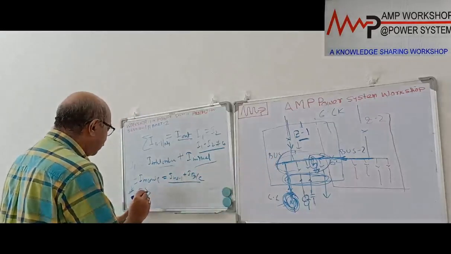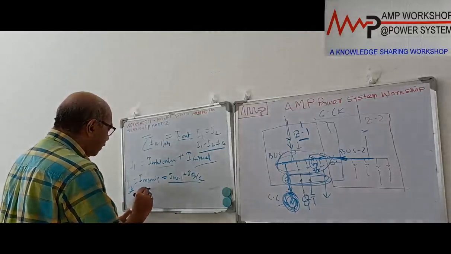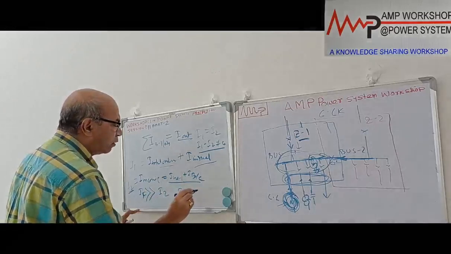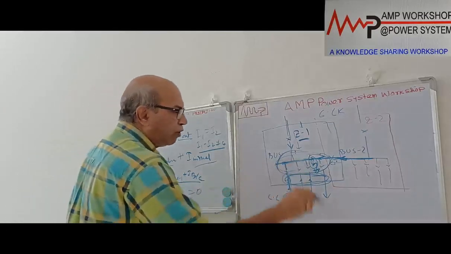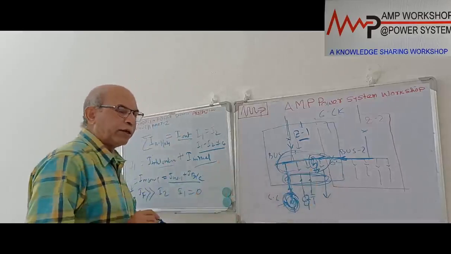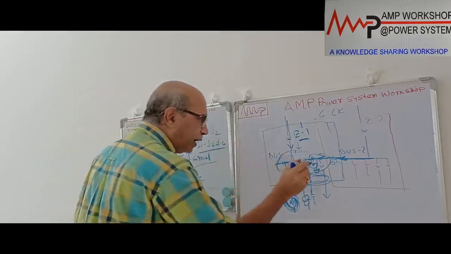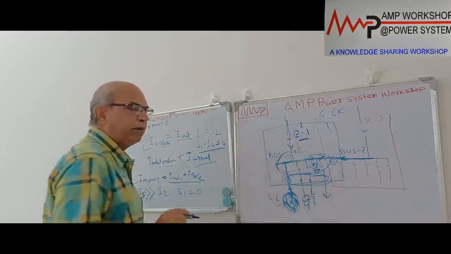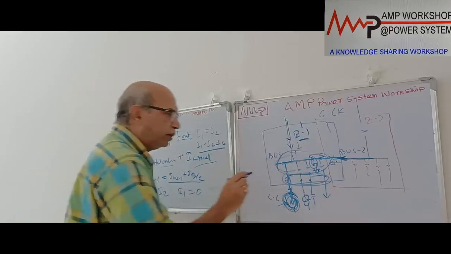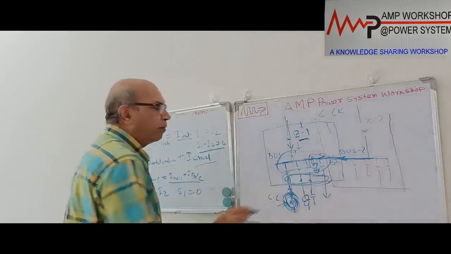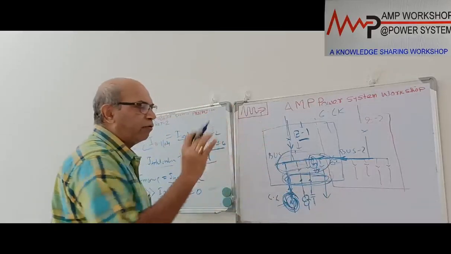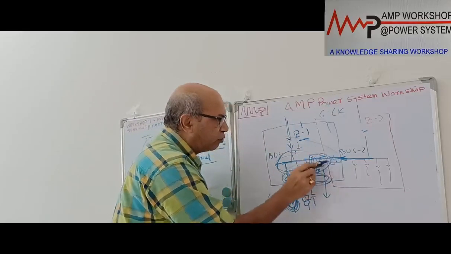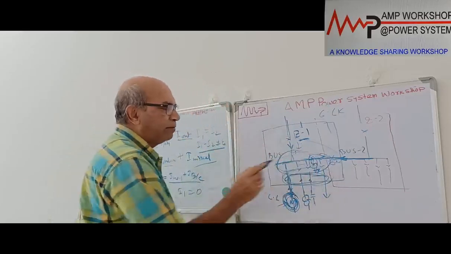So I fault is much higher than I2, and at that time I1 equals 0, more or less. No outgoing cable is taking power. That means if there is a fault over here, immediately the incoming current by this feeder will be very high, more than the total normal running current, and at that time the outgoing feeder will not be taking any current. So by measuring these two currents, we can protect the bus bar.